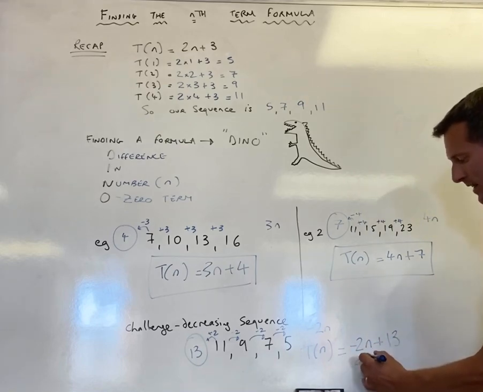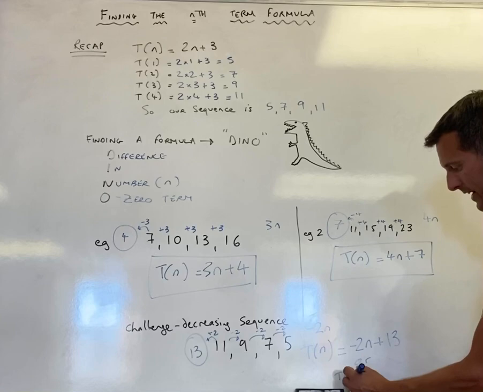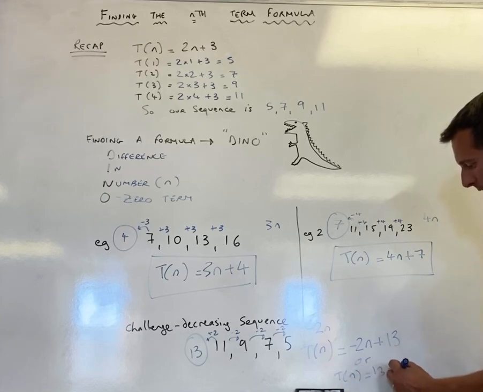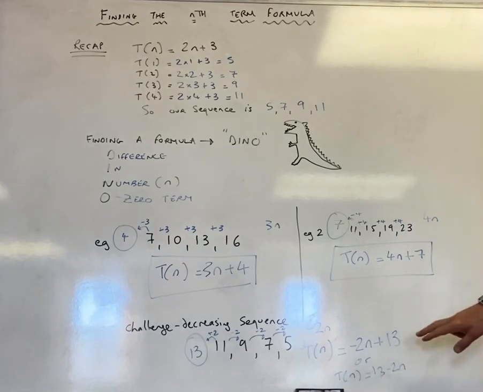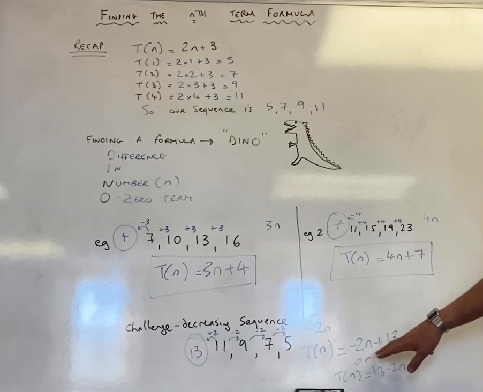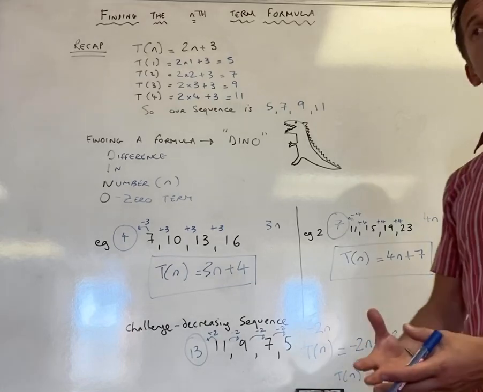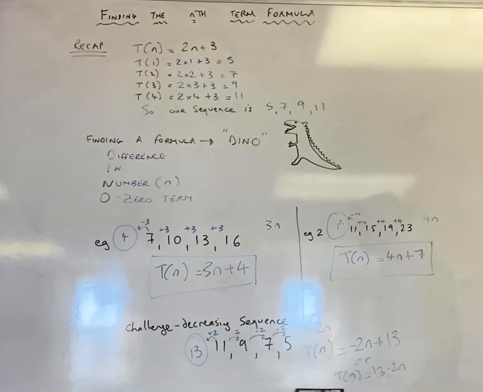Some people like to write it the other way round. You might see it as 13 minus 2n. It actually means exactly the same thing. If you like to start with a positive term and then take bits off, that's fine. If you like to just always write the nth term bit at the beginning, that's also fine. Okay? And that is our